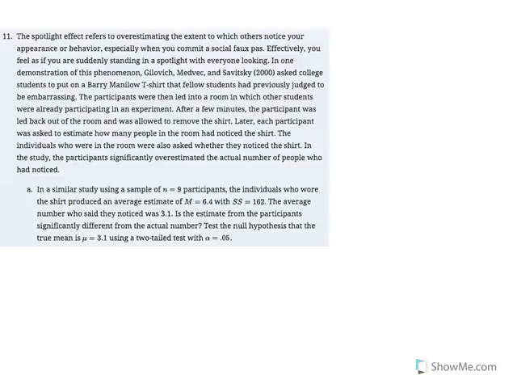In a similar study using a sample of 9 participants, the individuals who wore the shirt produced an average estimate of 6.4 with SS equal to 162. The average who said they noticed was 3.1. Is the estimate from the participant significantly different from the actual number? Test the null hypothesis that the true mean is equal to 3.1 using a two-tailed test with alpha equal to 0.05. So our null is saying that